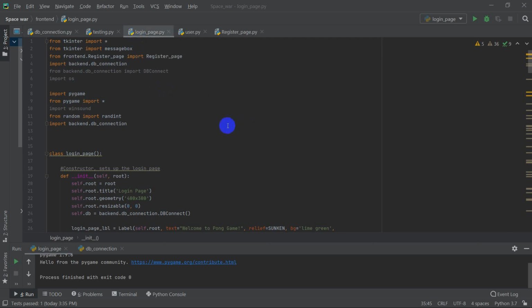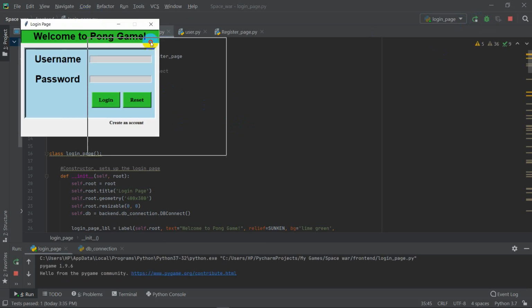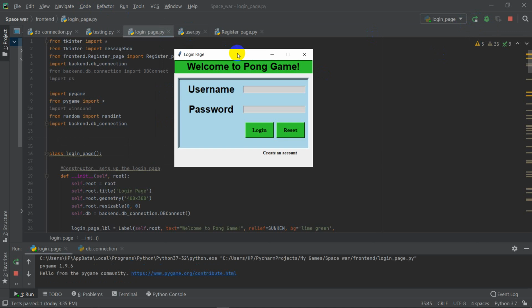And now let me just quickly walk through the assignment. Now I'll be clicking this run login page animation button, which will run this application. Now I have been presented with the welcome page of my Pong game. This is the home page, and from here,